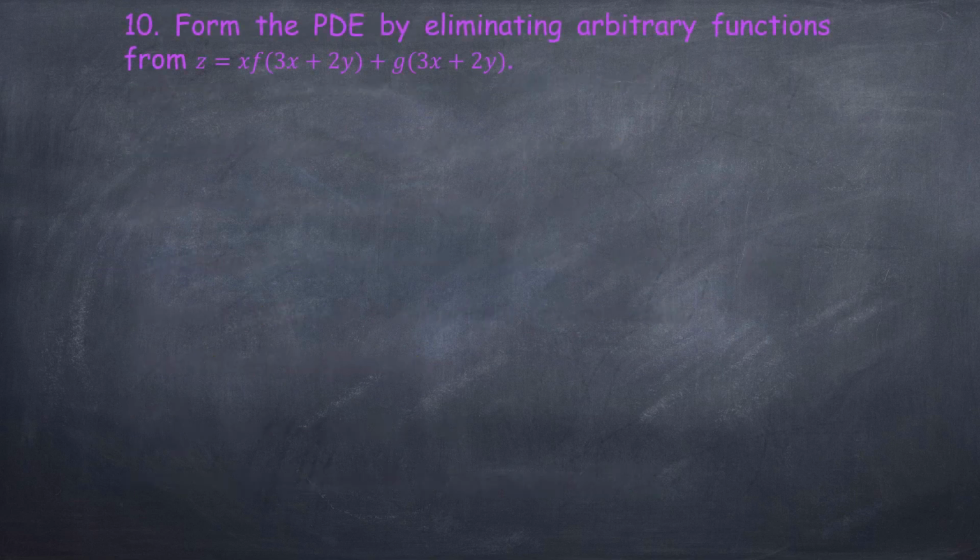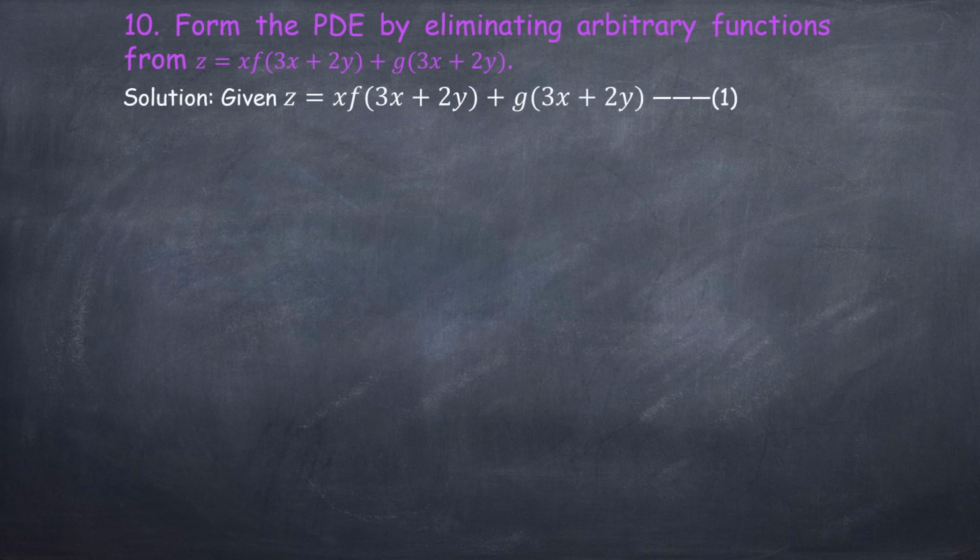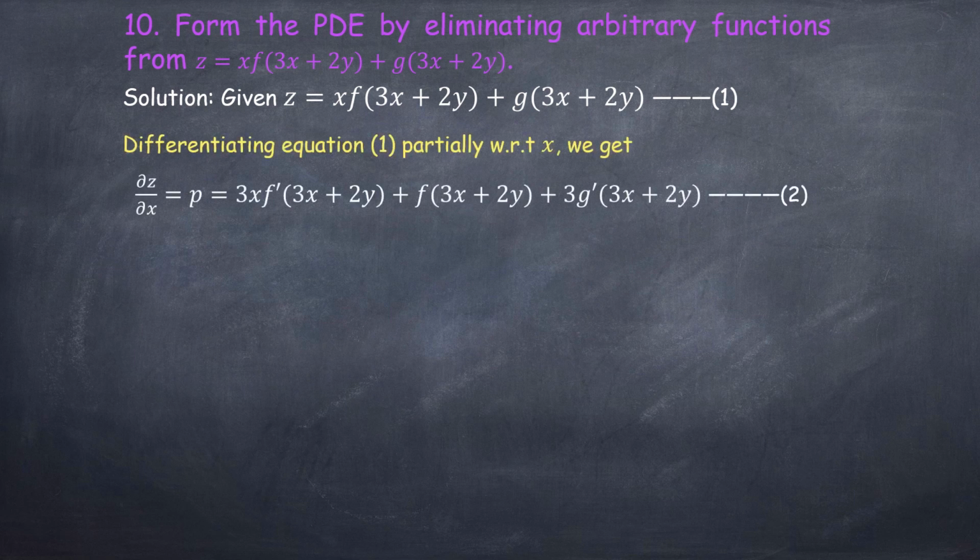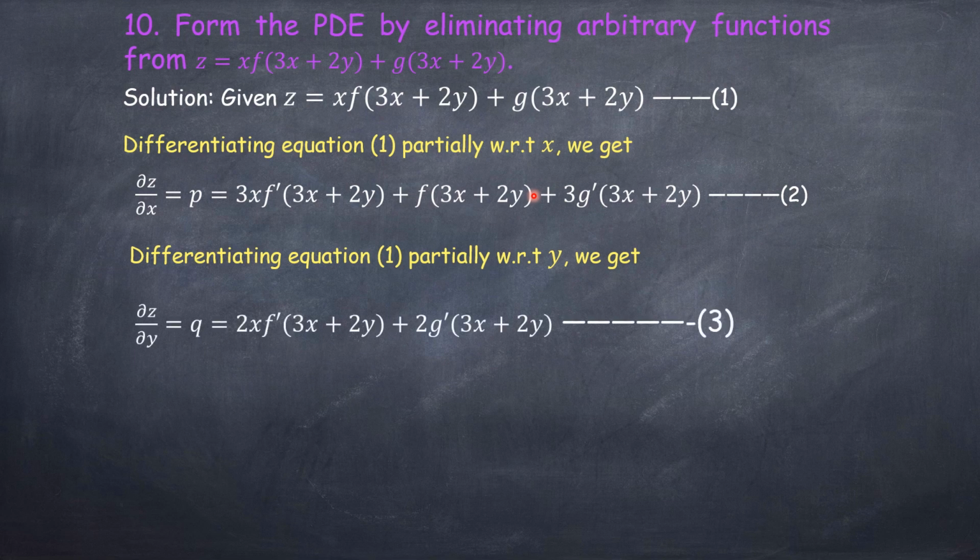The given equation is z is equal to x into f of (3x plus 2y) plus g of (3x plus 2y). So carefully differentiate; whenever there is x, with respect to x, you need to apply the product rule. So first function x as it is, differentiation of f is f dash, and differentiation of 3x is 3, plus second function f as it is, differentiation of x is 1, plus 3 times g dash, that is differentiation of g is g dash and 3x is 3. That is 1, with respect to y. With respect to y, x is a constant, keep it as it is. f becomes f dash, differentiation of 2y is 2, and g dash, and again we'll get a 2 here.